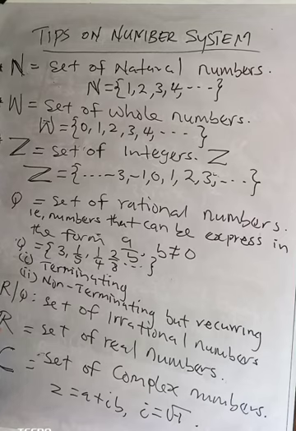Immediately next on the list, after the set of real numbers, we have the C, which is the baba of all this, the number system. I call it baba because